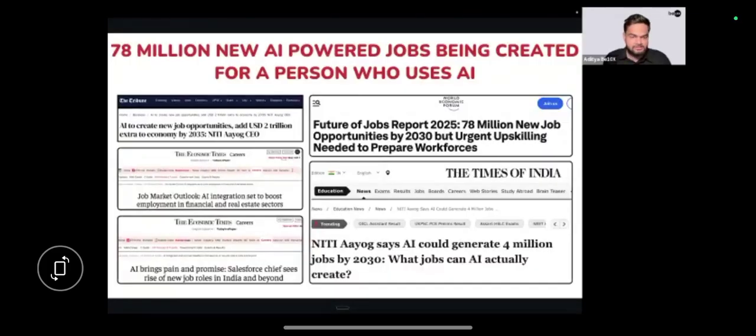People who have the skills, right? It's like getting into IT in the year 2000. People who got into IT in the year 2000, right now all of them are either in the USA or in Europe, and all of them are either millionaires or multimillionaires, right? So that's the stage AI is at right now. It is one of the most generational shifts happening right in front of our eyes, and we are seeing the results right now itself, right?